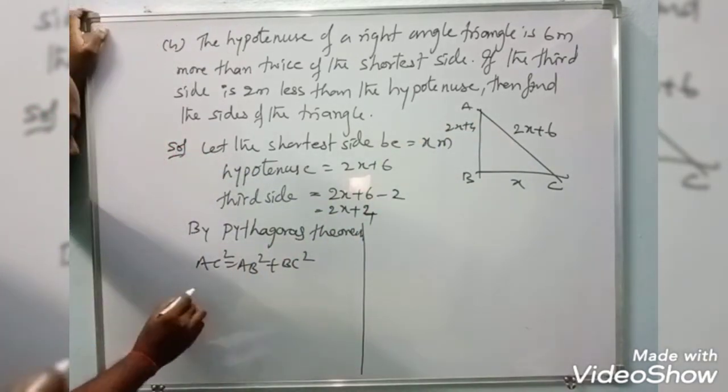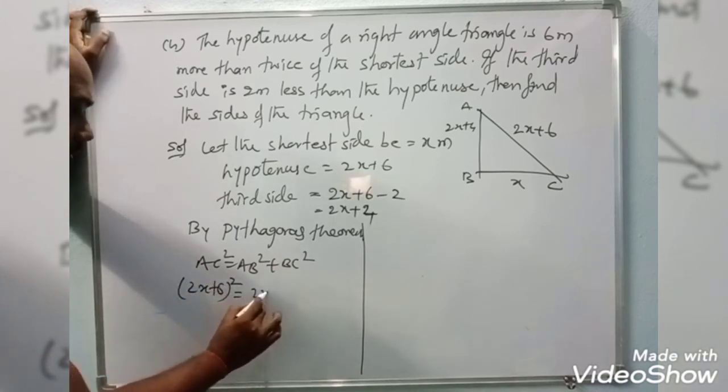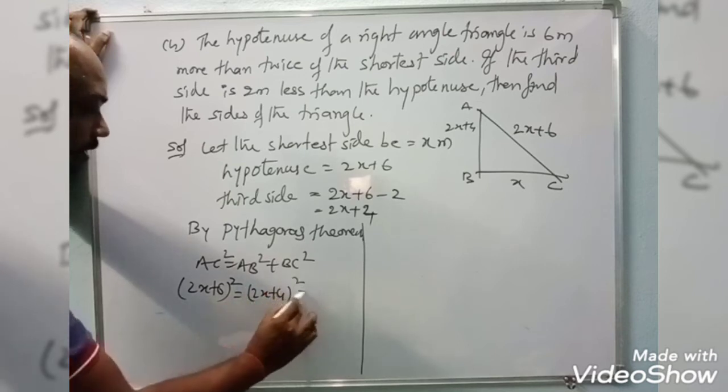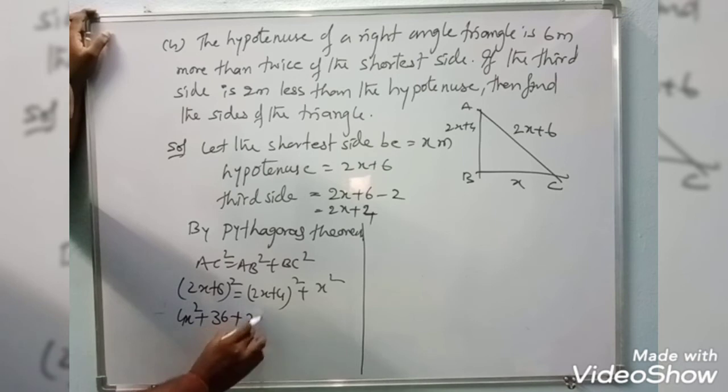Now substitute in this. So AC is nothing but 2x plus 6 whole square is equal to AB, that is 2x plus 4 whole square, plus BC, x square. Now expand the terms here, you will get 4x square plus 36 plus 24x is equal to